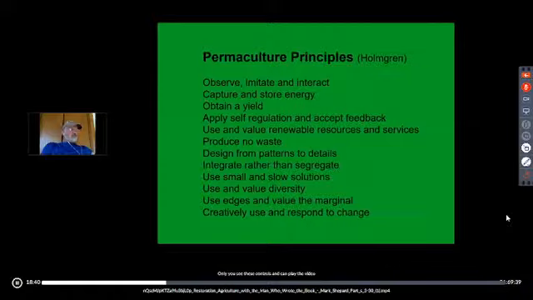The ones that I emphasize the most is observe, imitate, and interact. That one right there has been so missed by so many different permaculturists. Here's some permaculture principles from Bill Mollison. His first one was observe and imitate nature, interact with it, and accept feedback. Both of these guys are saying observe, then imitate and interact. And until we've done that, we've missed the boat.